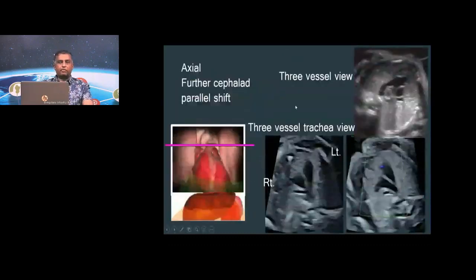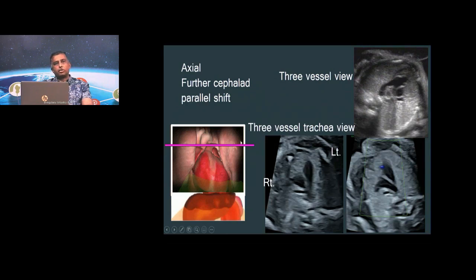Now you come back. Once you have finished your RVOT and LVOT, you get back to your 4-chamber view. You know how to do it. You derotate. You had gone clockwise, you go anti-clockwise, get your axial view, recover your 4-chamber view, and then from this level, you do another translatory shift upwards. Just like you moved from the upper abdomen into the thorax by a translatory shift, another translatory shift